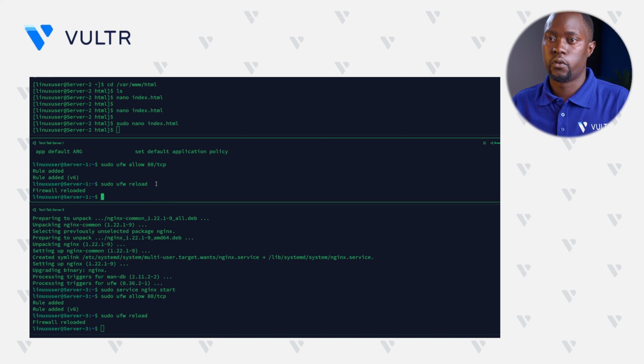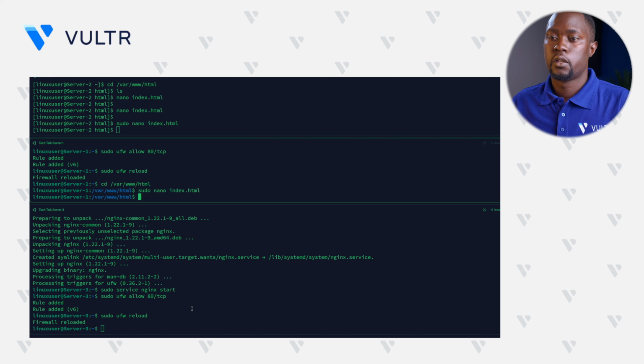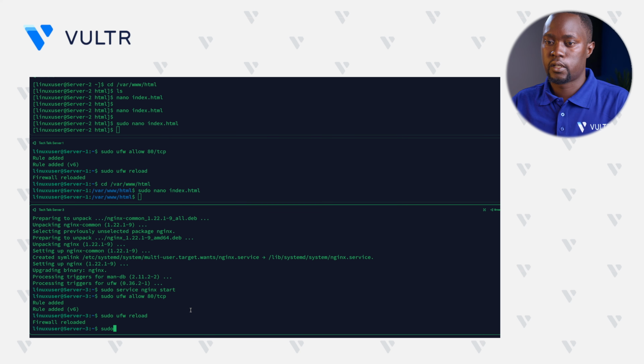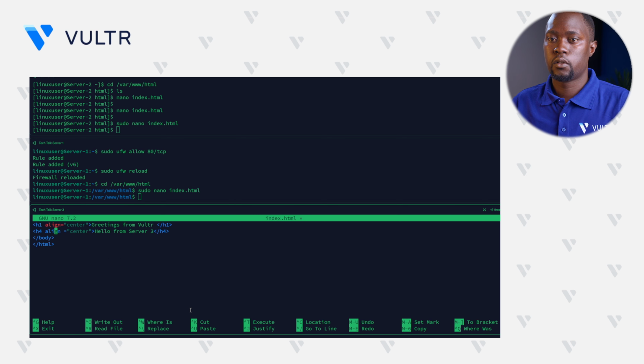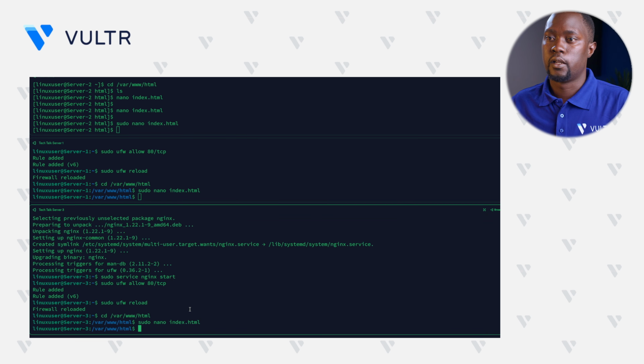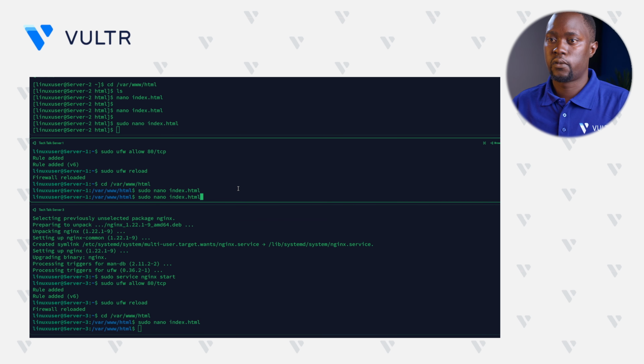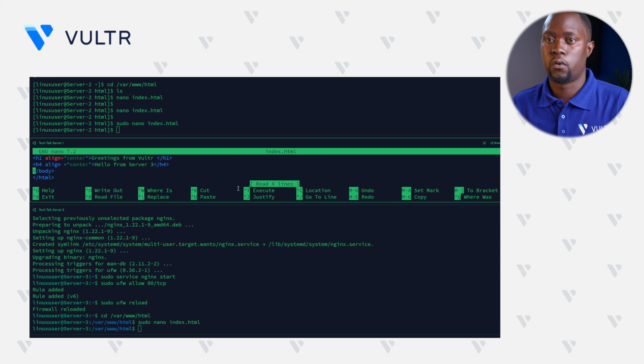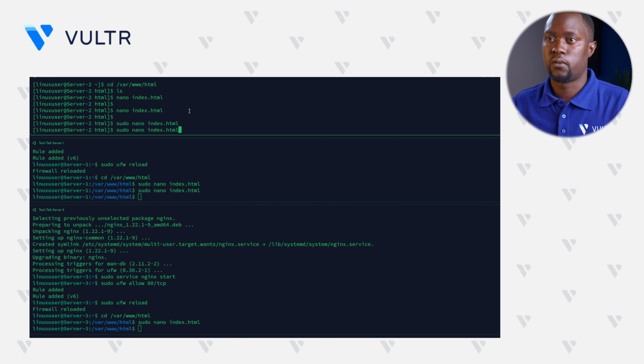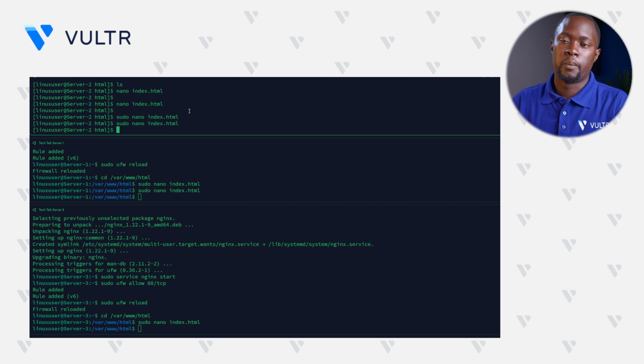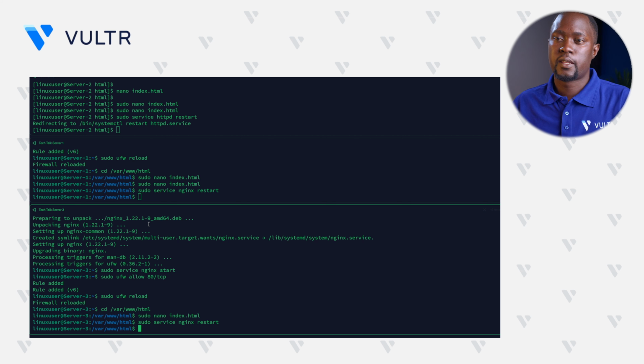Let's go into the /var/www/html directory. So let's do the same on server 3. Now this is server 3, yes. Let's modify server 1 and verify that it's indeed server 1. Let's just change the message to server 1. Change the server 2. So now that we have some application logic we can apply here, let's just go ahead and restart each of the web servers. So now that we have restarted all web servers, our applications should be able to load